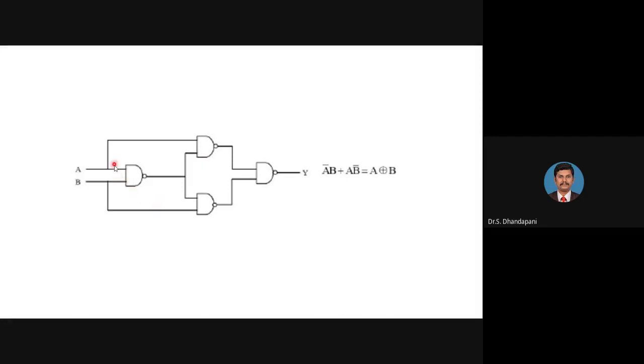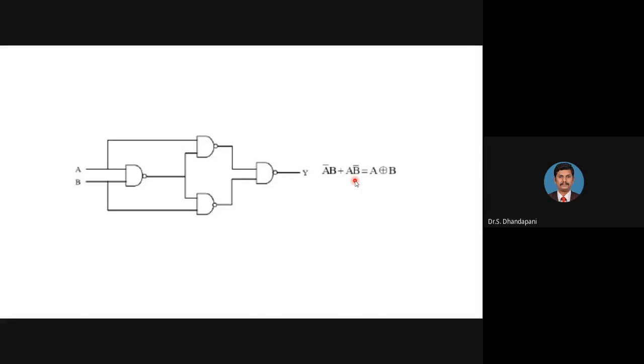The output of the first NAND gate will be AB bar. This AB bar is given as input to these points. Here we have the input as A. Here we have the input as B. So you calculate the output of the two NAND gates. The outputs of the two NAND gates are given as input for the final NAND gate, and simplify your expression. After simplifying the expression, you can see the output F will be equal to A bar B plus AB bar.